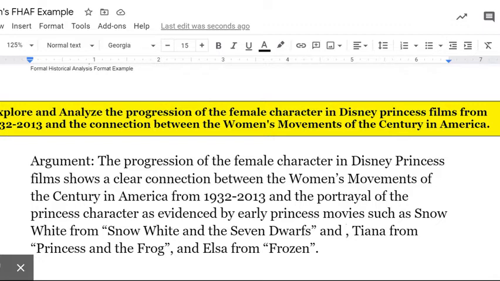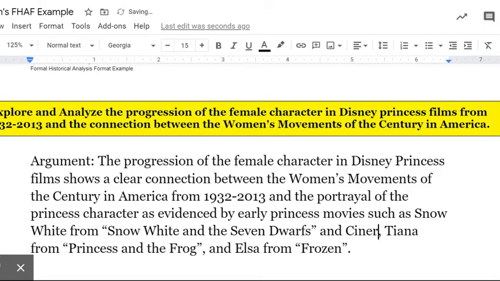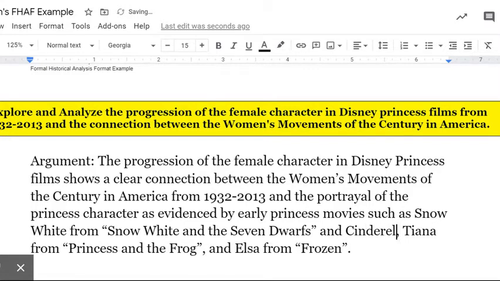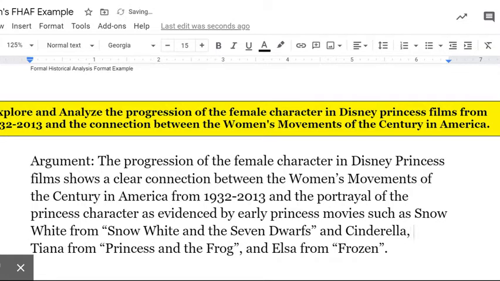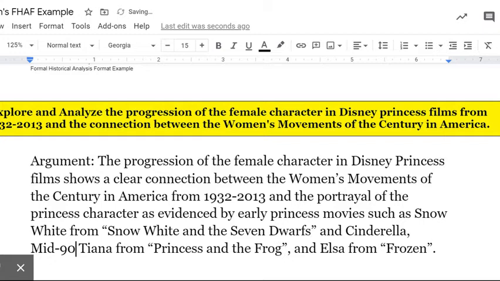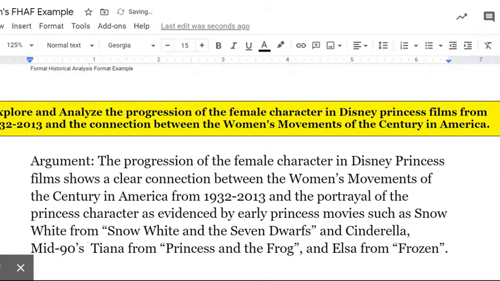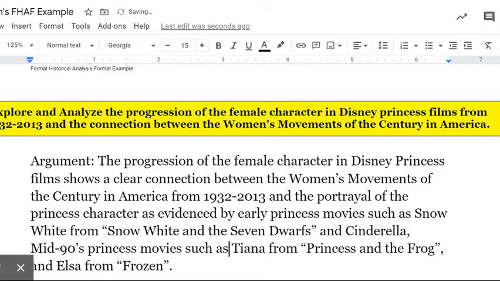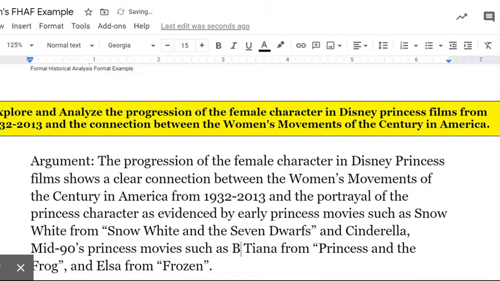We can put maybe a couple of examples so that way each body paragraph will have... Yeah, that's how I could set it up. So my first body paragraph could be early princesses. My second body paragraph could be the change, mid-90s princesses. And then I should add some there. Belle, and what's the